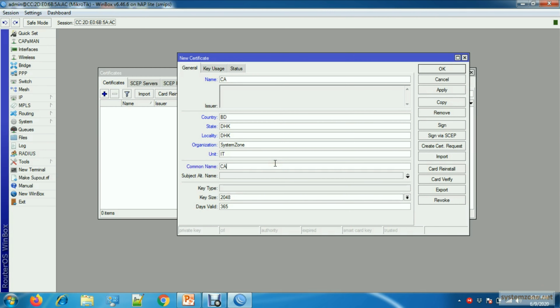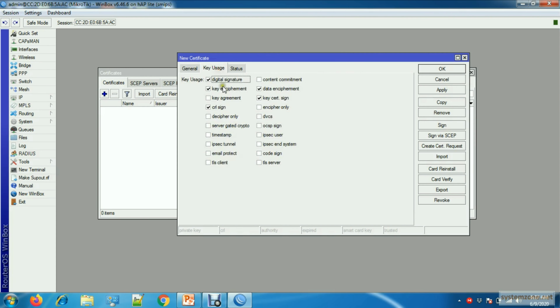Put the common name and the validity will be 10 years, and from key usage we will keep only CRL sign and key cert sign options, and click apply.